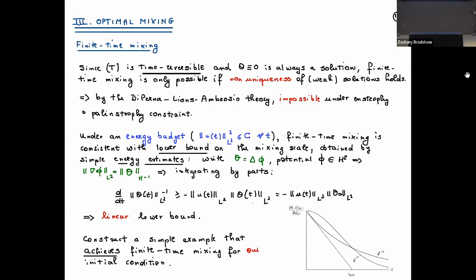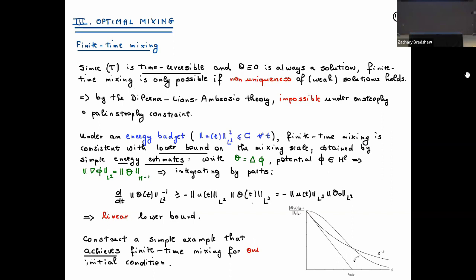One where we have a constraint on the norm below, in terms of the gradient, for example a constraint on the energy, and then the situation where we control the gradient in Lp. The first example is when we control things like the energy, norms that don't involve the gradient or control the gradient in a very weak sense. In this situation, we cannot have perfect mixing in finite time.